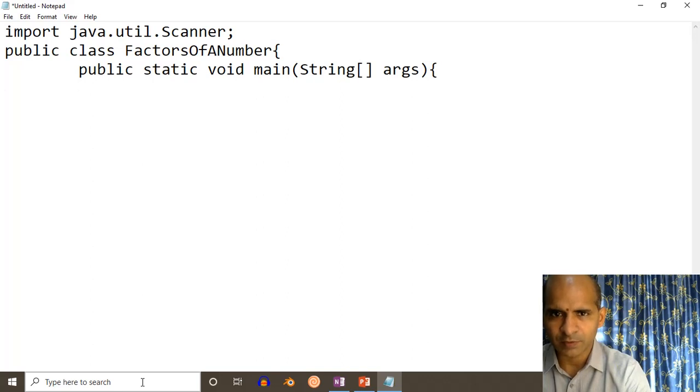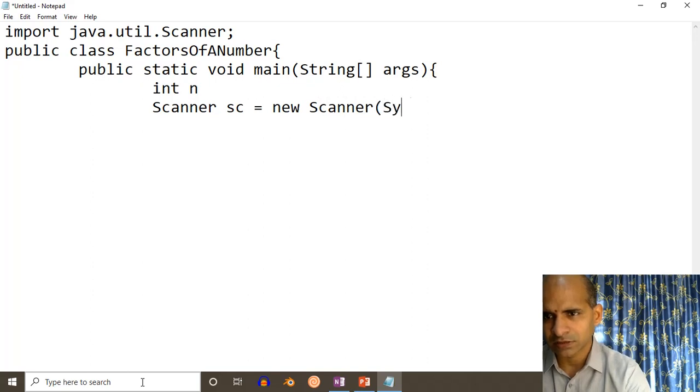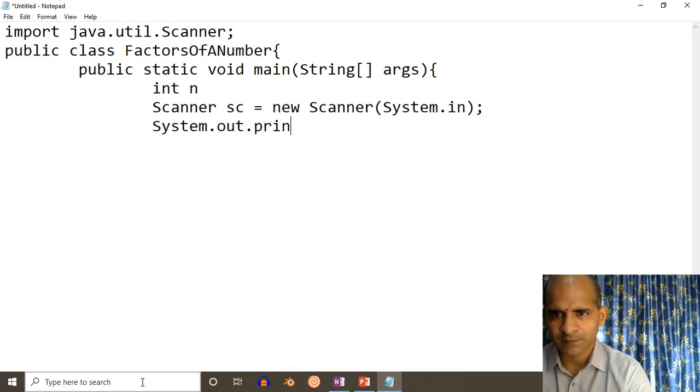Here we take the variable int n, then create Scanner sc equal to new Scanner System.in. Now we provide a message with System.out.print: enter a number. Whatever number the user provides, we accept it: n equal to sc.nextInt.